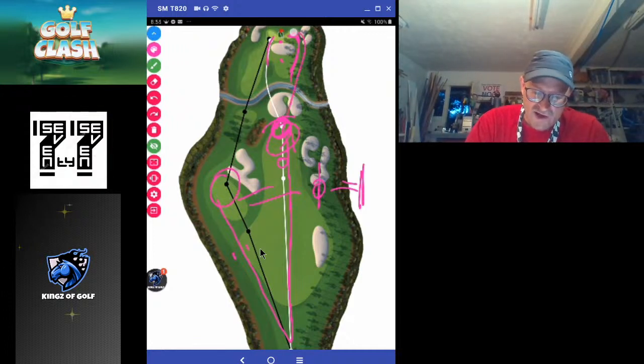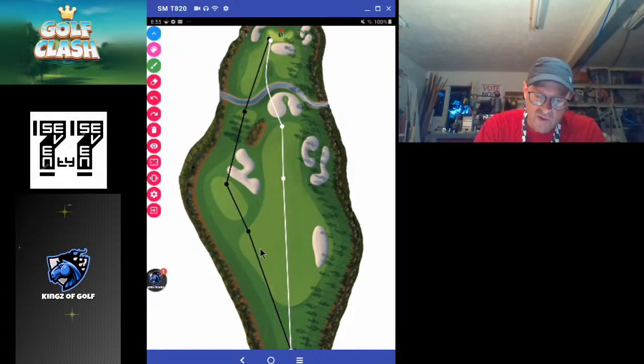I really learned how to go this direction from Zachary Jones, and Zachary liked to do this shot where he would go over the sand and clip that little bit of rough and then bounce up on the green. And I was never really a big fan of that because you really have to get your wind adjustment right. But I think coming around to the right hand side and trying to come at the green that way,